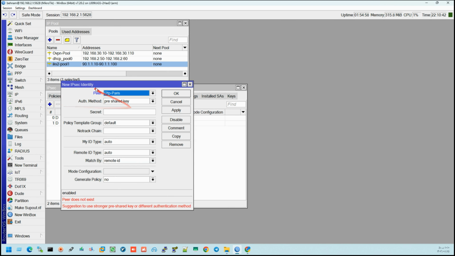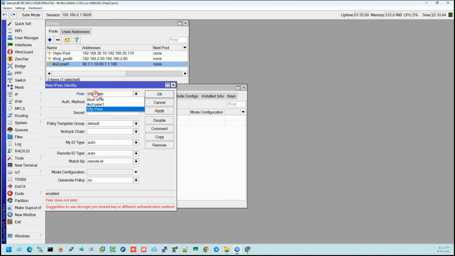I go to the Identity tab and click the plus sign. From the Peer section, I choose IKEv2 Peer 1. For the authentication method, I select Pre Shared Key and set a secret, for example, 112233. Then, in the Policy Template section, I select the group we created earlier, which is IKEv2 Group 1, and for